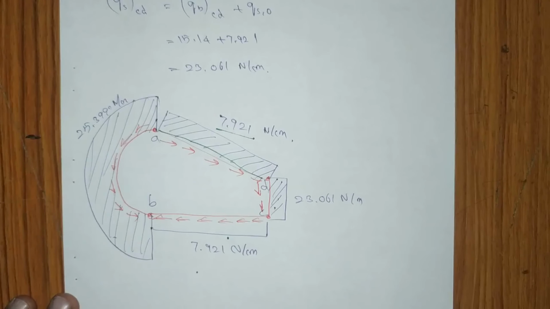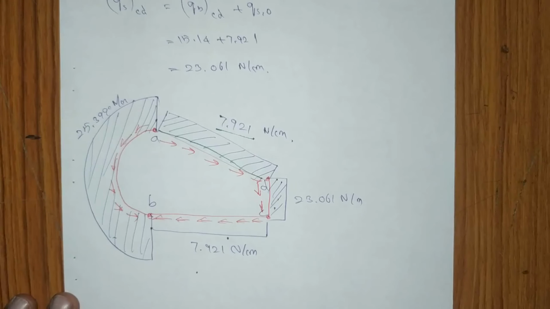So kindly go through the difference between the open section and the closed section. Kindly note the difference in the formulas. The important thing is, if a curved section is there, you have to remember the 2AQ formula. Another thing is that the unbalanced moment of the closed section is minus M by 2A. That is important, you have to remember minus M by 2A, and you have to add it in all cases.